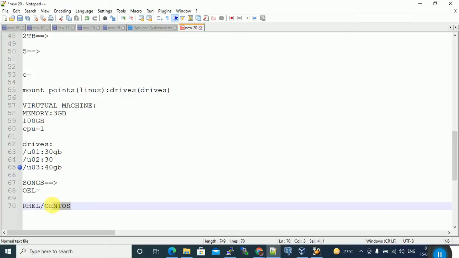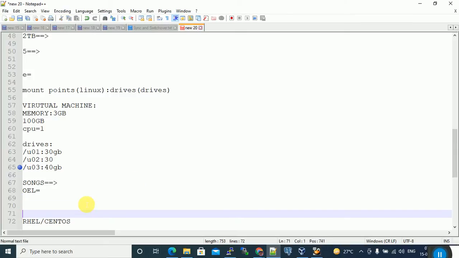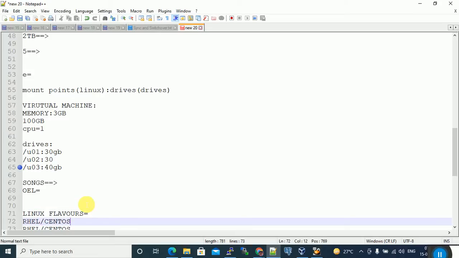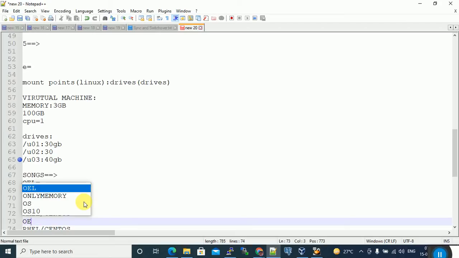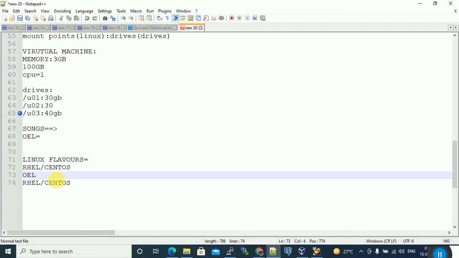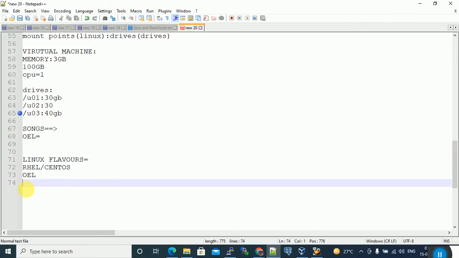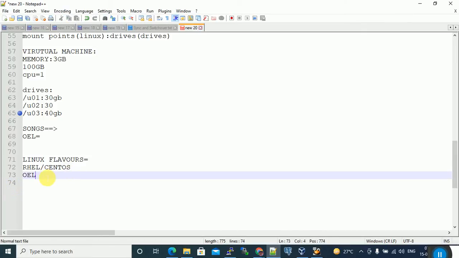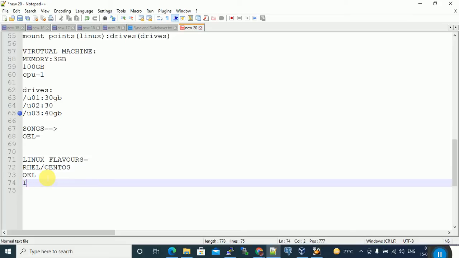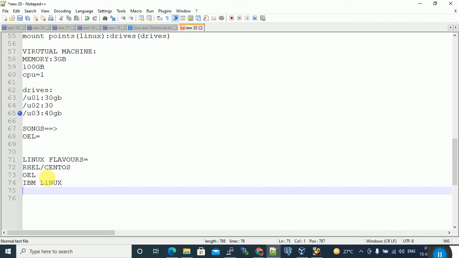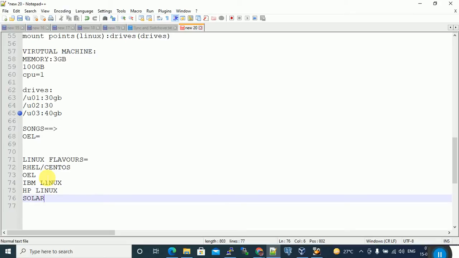These are all what we call flavors of Linux. What are those? RHEL, OEL. Tell me, what are the types of Linux operating systems? OEL, RHEL, CentOS, IBM Linux, HP Linux, Solaris.